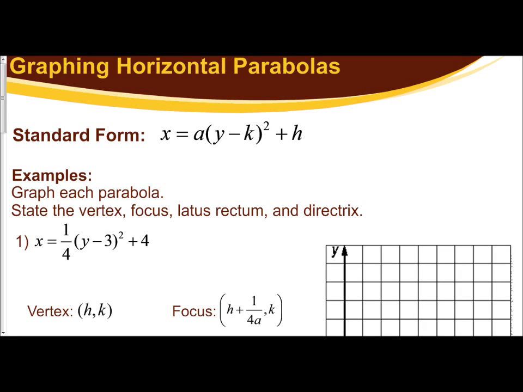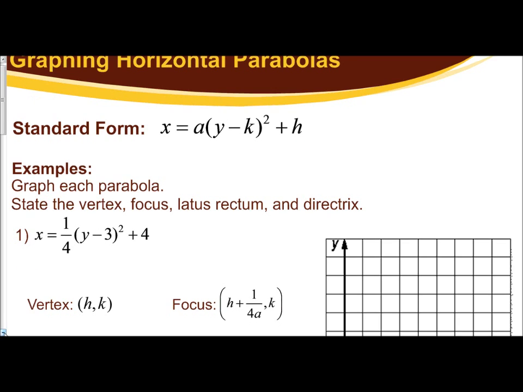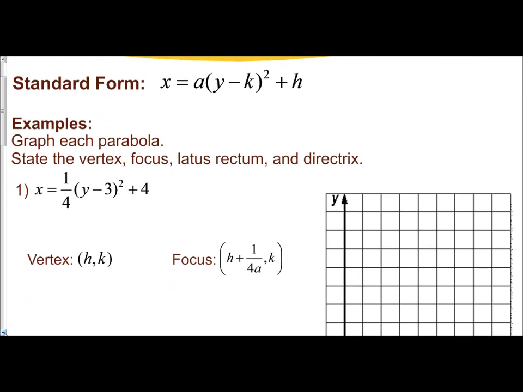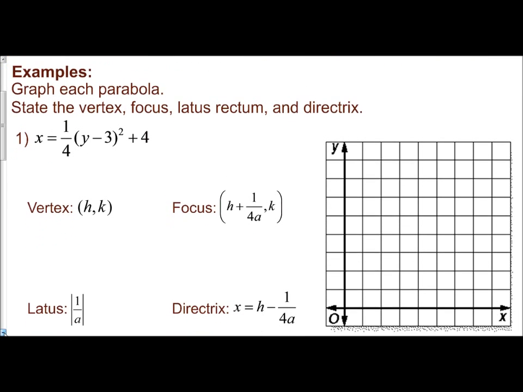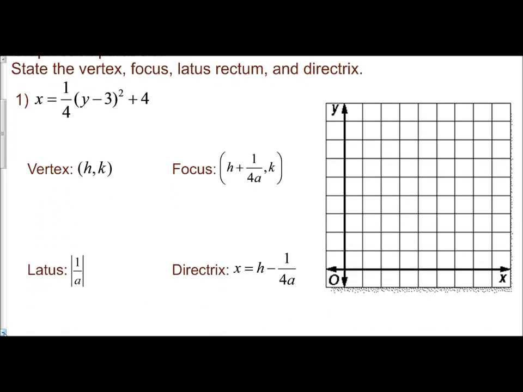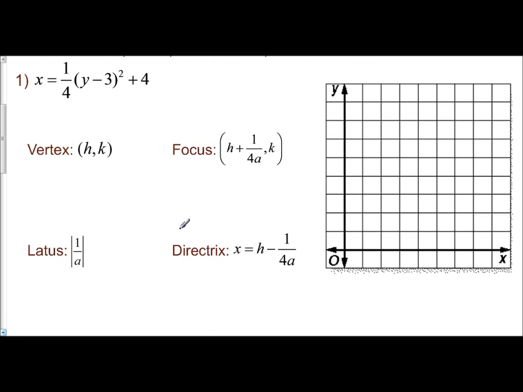In this video, we'll continue examining horizontal parabolas, just now we're going to be focusing on how to graph our horizontal parabolas. We need to make sure we get it in the standard form, x equals a times the quantity y minus k squared plus h. If it's not in that standard form already, we're going to have to complete the square to get it in that form. And once we do that, we can identify a, h, and k to assist us with finding the coordinate of the vertex, the coordinate of the focus, the equation of the directrix, and the length of the latus rectum